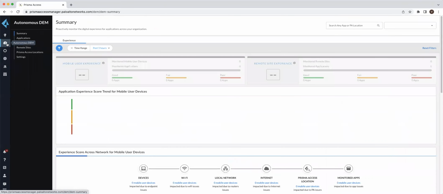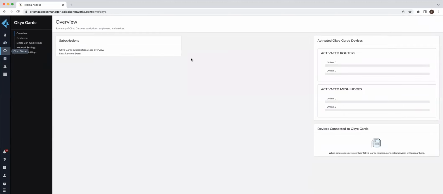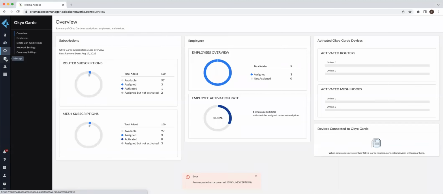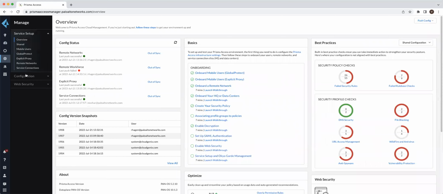Additionally, there are other solutions which are being managed here. There is ADEM here, and there is Okio. People who are familiar with Okio. Today, the additional services we're not going to talk about, because those are different solutions which are bolt on to